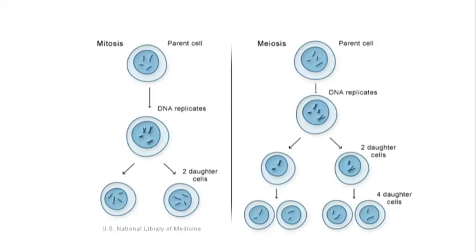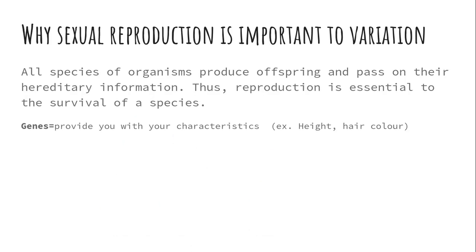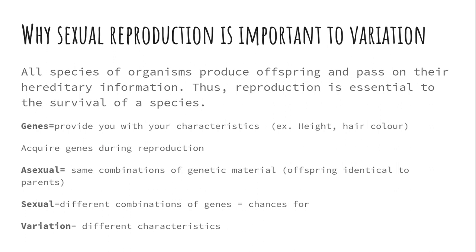Again, get these things in your notes as you follow along. Please pause if you need to. So we talk about these because we want to know what is important about sexual reproduction. Where is it leading? So asexual reproduction, like I said, makes an identical clone, but all species have to produce offspring in order to pass on genetic information. So reproduction is essential to survival of any species. This is where this idea of adaptations will come into play.